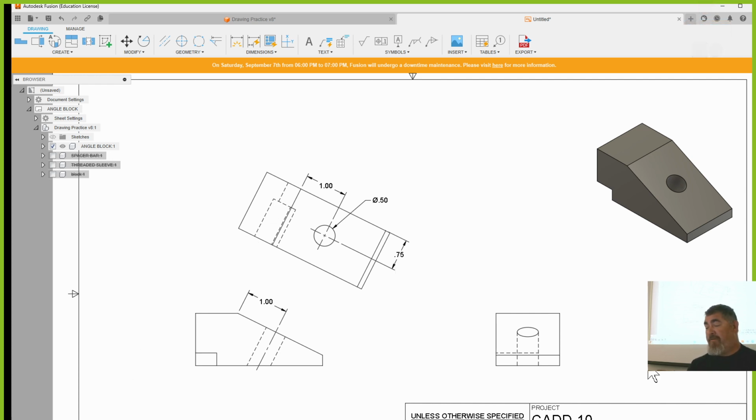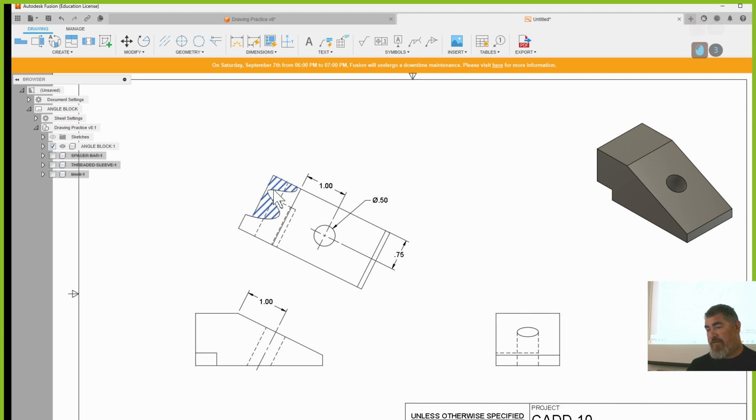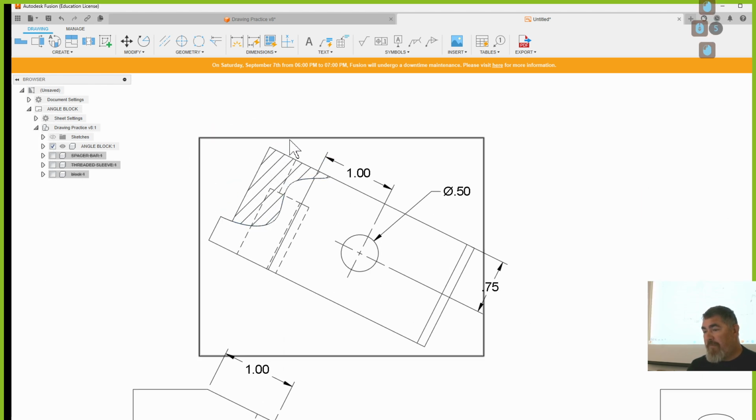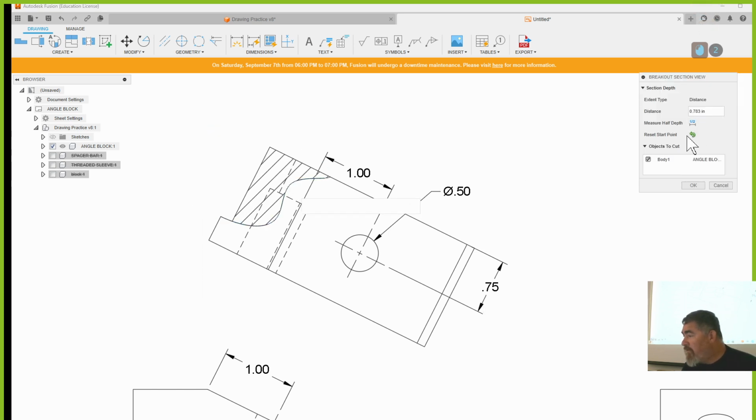I could do a back view because it's hidden here, so maybe I need the back view. But I could also do what? Broken out section. Click here. And actually make that so it's going to show the cutoff area. And for the cut point,